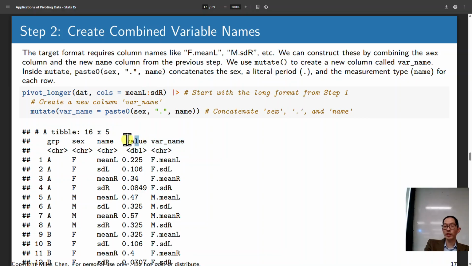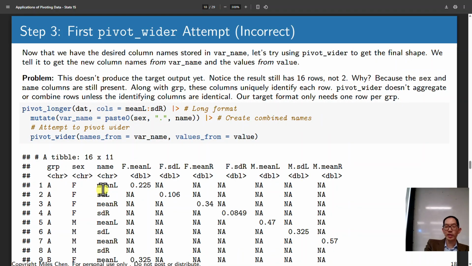So I'm pivoting the columns value and variable name, but all of these columns will be preserved. And so everything else gets preserved, and all of these rows are unique, okay? I can't combine AF and mean L with AF and SDL, okay? They don't combine. And so all of these things still just remain, and they get preserved,